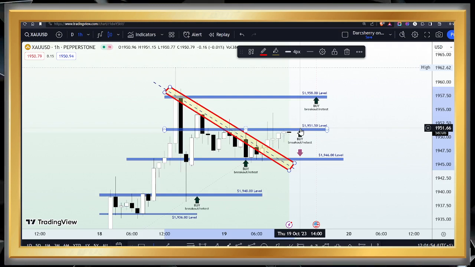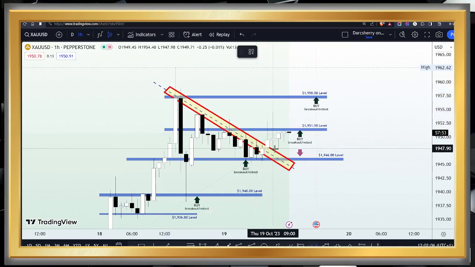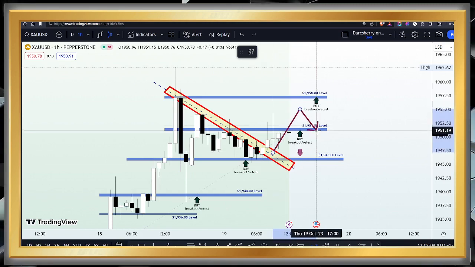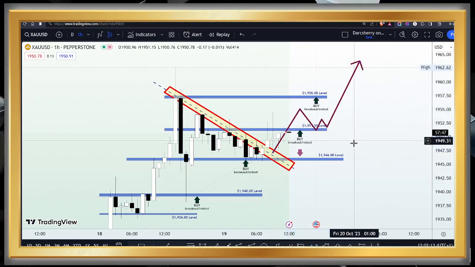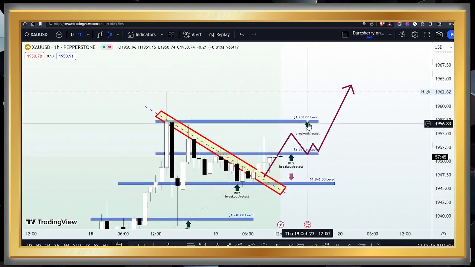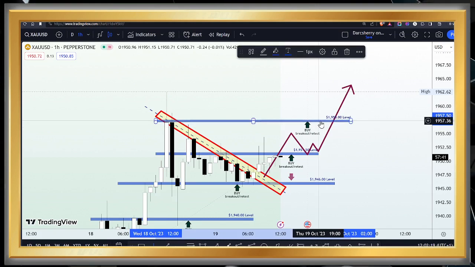Now, if a breakout happens and it doesn't work, we know that we are just risking some of the profit we already made. However, if you are new with us and this is your first time taking a position on the XAUUSD, I will encourage you to exercise patience, wait for a retest of structure before jumping into that position. And if price continues to climb new highs, we have the 1958 level where we can also add more buy